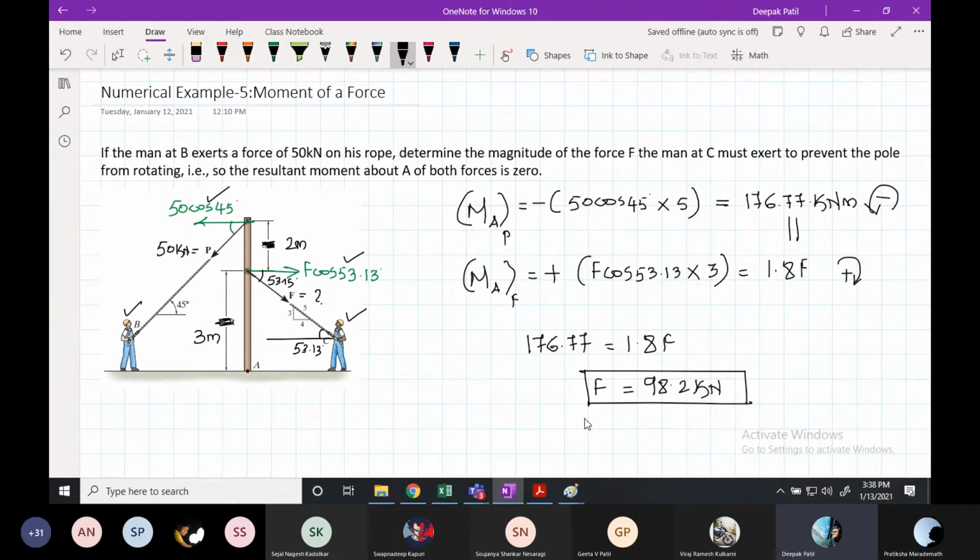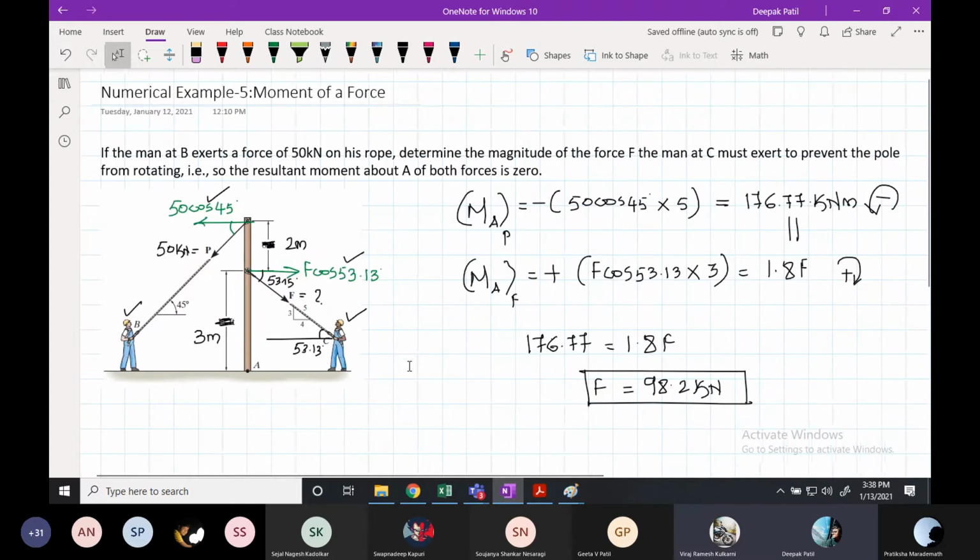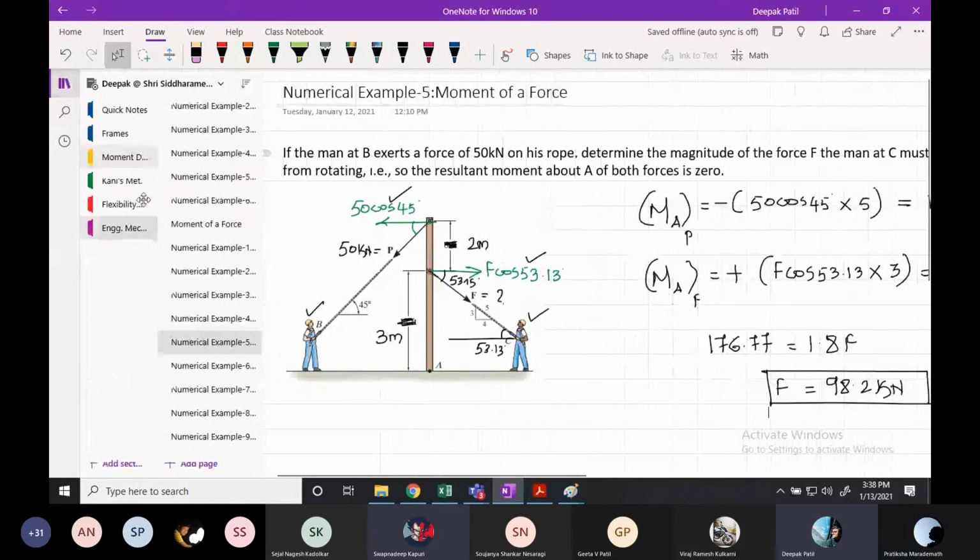So always the engineering mechanics problems, or I can say civil engineering problems, look very tricky, but they are very practical. And if you think logically, the solution will be very, very simple. But if you read the question, it looks very difficult. But if you think practically and logically, the solutions are very, very simple. Yes or no? Have you understood? Shall I move further? Yes, sir.